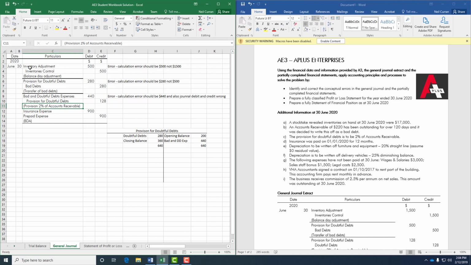Okay, so you must always check the actual amounts, and also whether the accounts are on the right side, i.e. the debits and credits. Now the next one we need to look at is the insurance. It says here it was paid on the 1st of the 1st, 2020. Now as we know, with a prepaid expense, you only